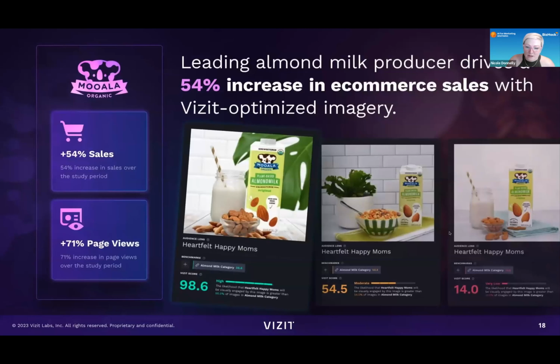By changing their images, you can see their score of the 14 on the right. They got a 54% increase in sales during this study period, and a 71% increase in page views as well. And if you could just know what the right image is that will get people to buy, and you increase your sales by 54%, can you imagine the difference that would make for your business if you could run every image through here? And this is replacing the kind of hard trial and error that you would do with